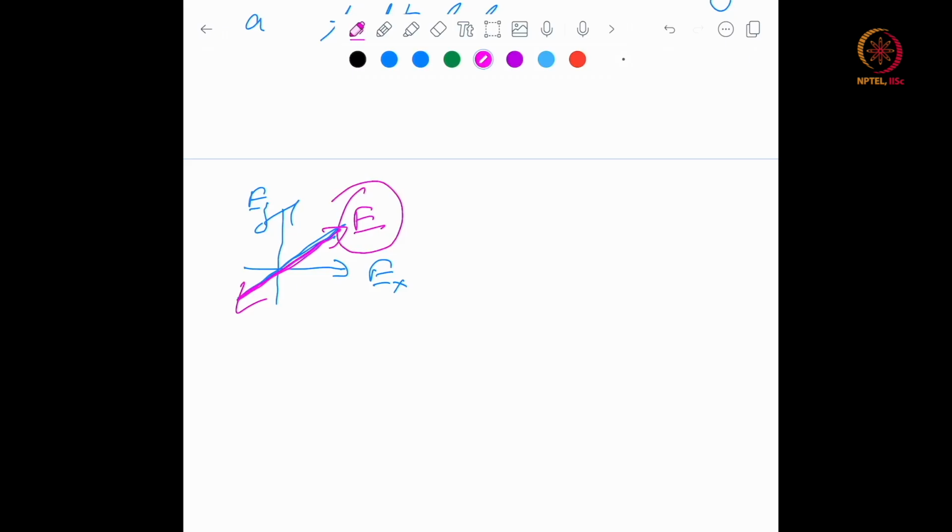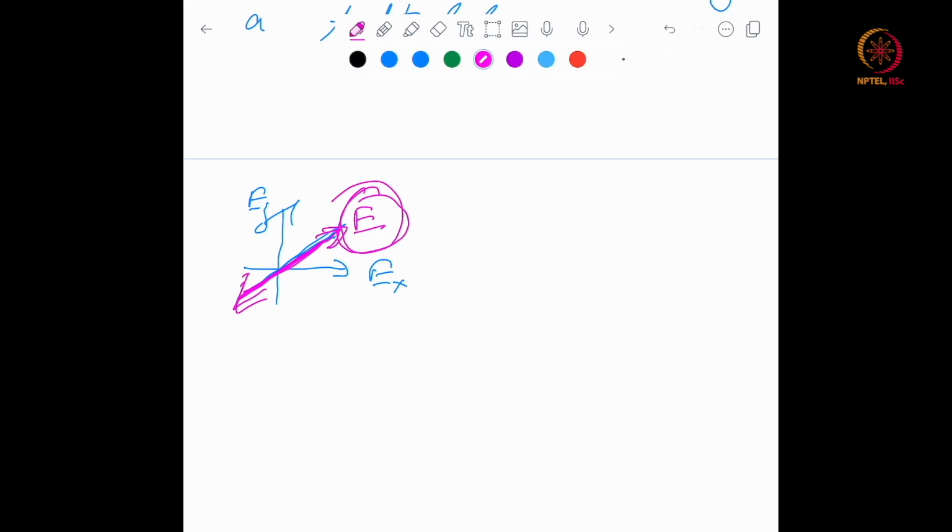Depending on the angles and the strength, it can vary accordingly. So this is a line along which the